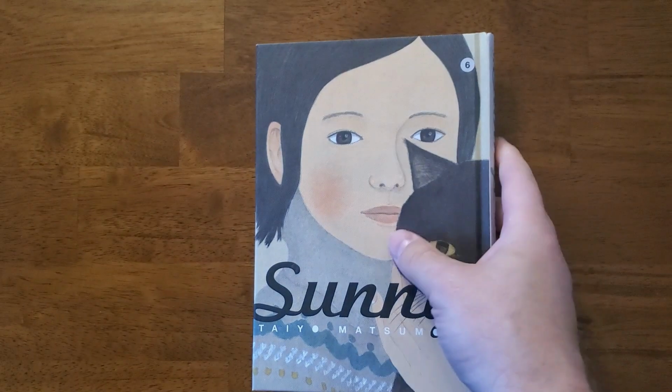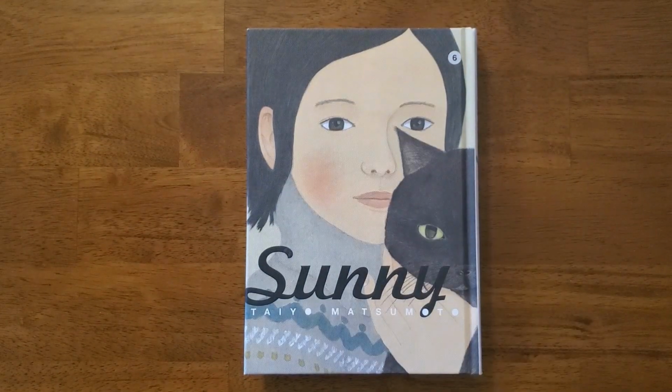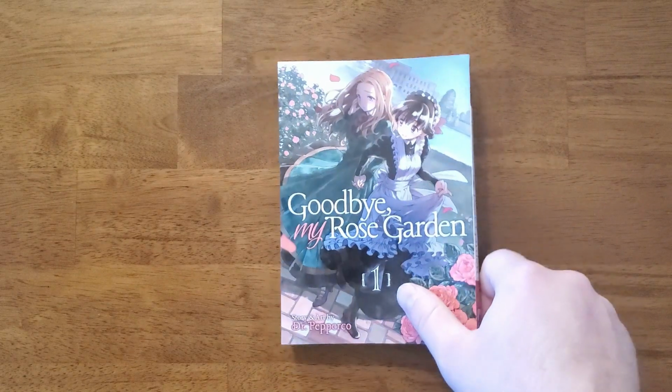And then the final volume, Sunny Volume 6. So I now have this series to check out. And then these are the new volumes I got from Amazon. So I had a gift card, so I picked up some kind of random volumes that I had on my